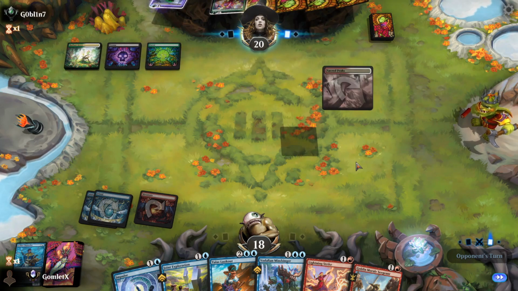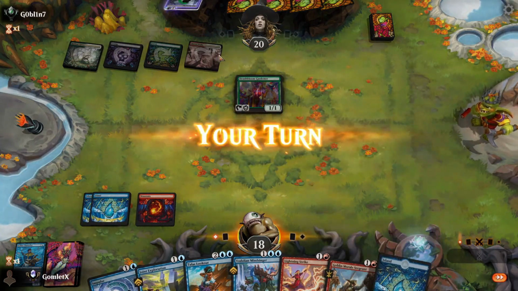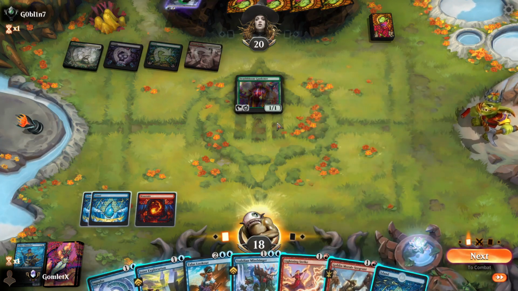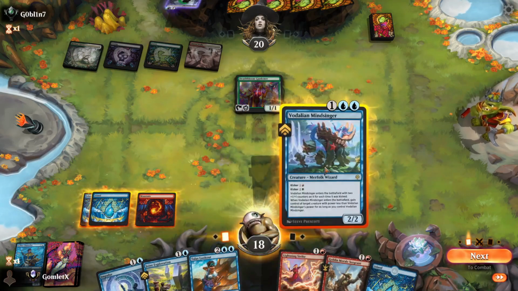The Conscript does come back later, but it only comes back on turns where their other creatures die. They've got very good Domain here. I doubt the rest of the creatures they're playing are going to easily die to a Lightning Strike, so I might just strike the Gardener here. I could also just play...